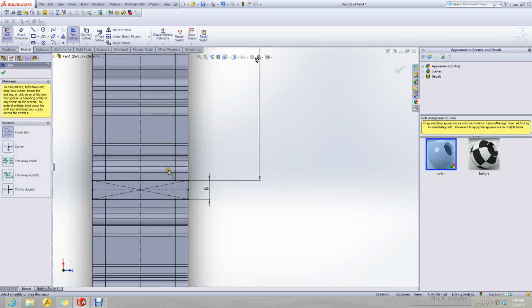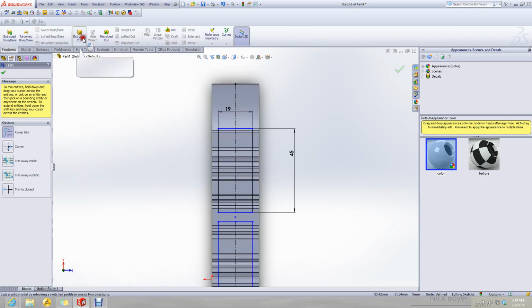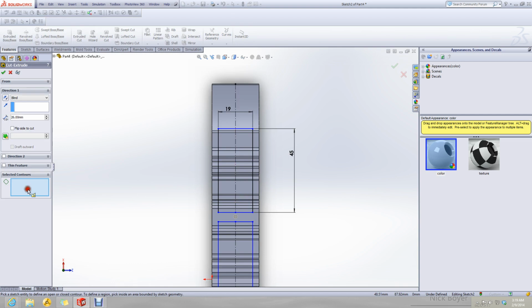Now I trim the unnecessary portion. And now these will be used to cut the material, like so, and this.